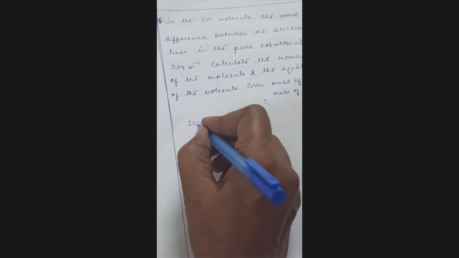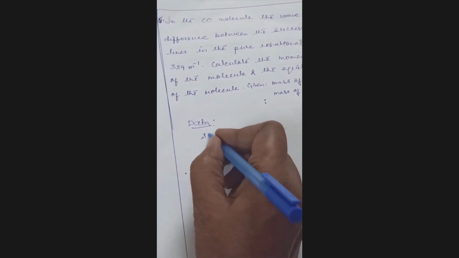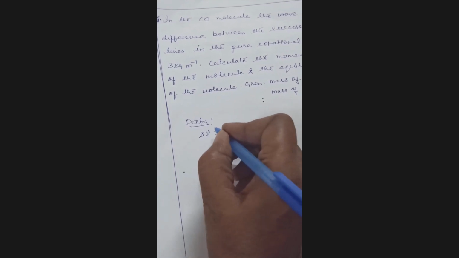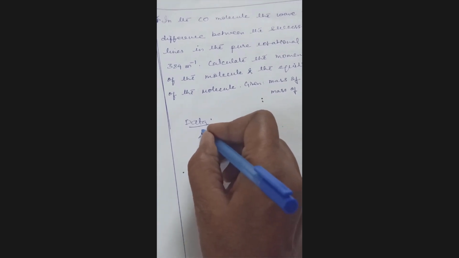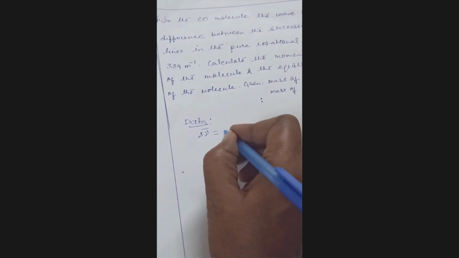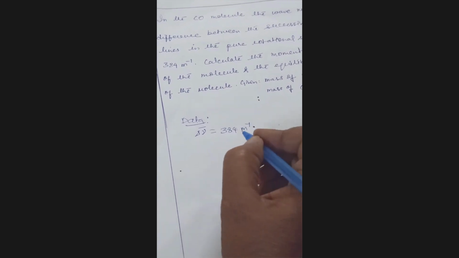So straight away let us note down the data. They have given wave number delta nu bar is equal to 384 per meter,